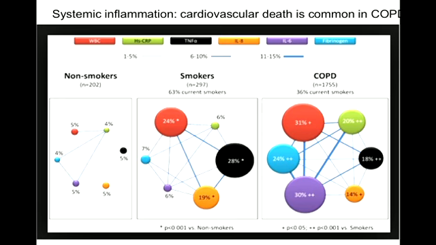So we can see here white blood cells, high sensitivity CRP, which is an inflammatory marker, TNF, which is part of innate immunity and defence, interleukin-8, which is a neutrophil chemotactic factor, interleukin-6, which drives systemic inflammation, and fibrinogen, which